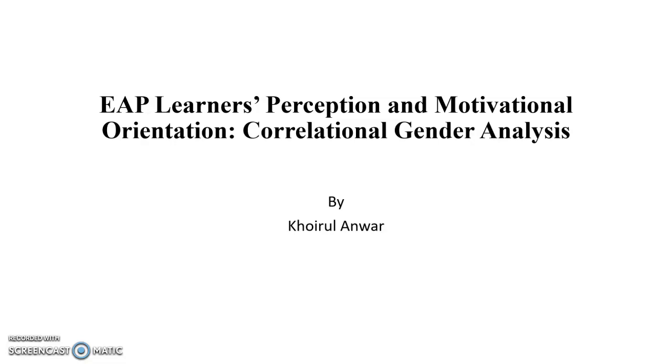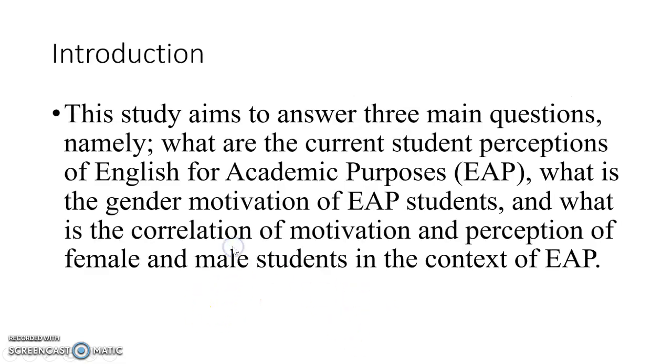This topic is important because previous studies show that there are two important factors influencing the success of students in learning English for academic purposes. The first is internal factors and the second is external factors. And some previous studies also revealed that